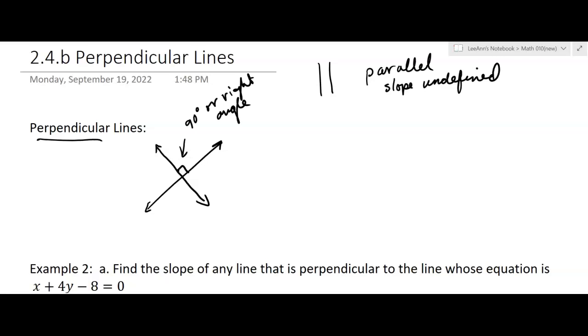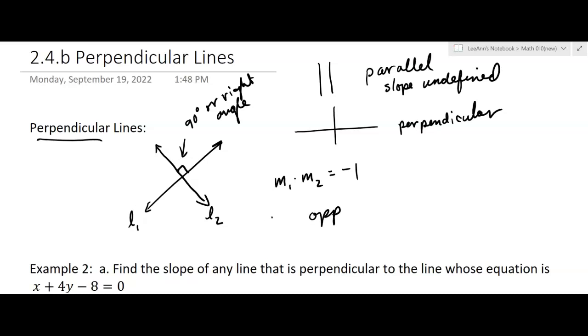Okay, so you could have perpendicular lines, like you could have a horizontal line and a vertical line, and those would be perpendicular. But the thing about the slopes on perpendicular lines, so if you have this as line 1 and this is line 2, then if you multiply their slopes, you'll get -1. And another way to say it is their opposite slopes,